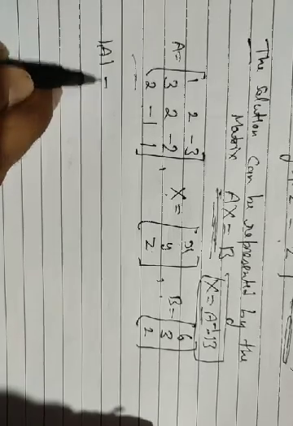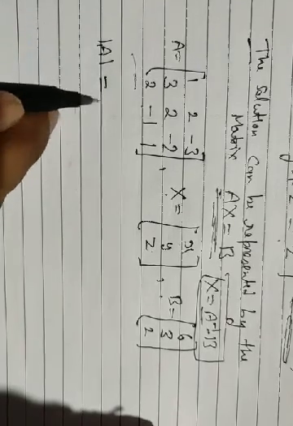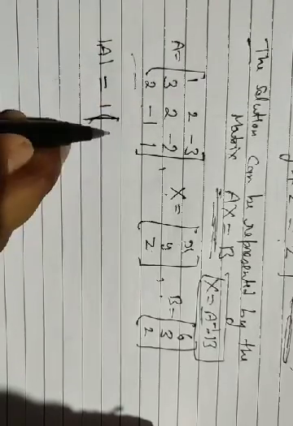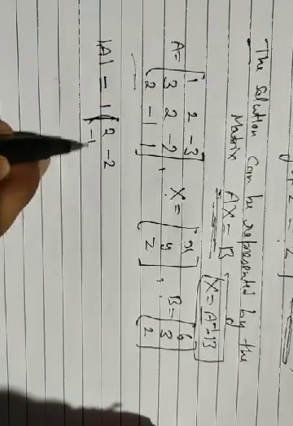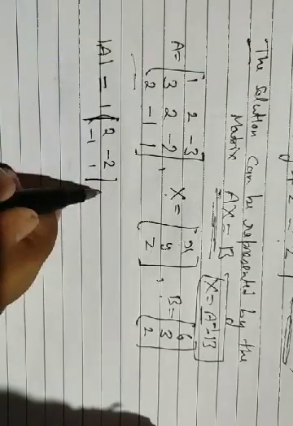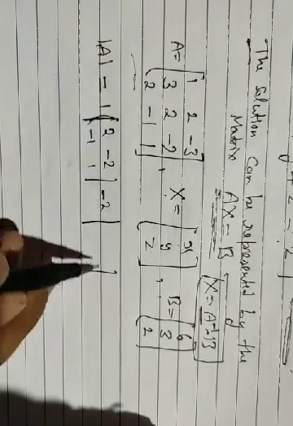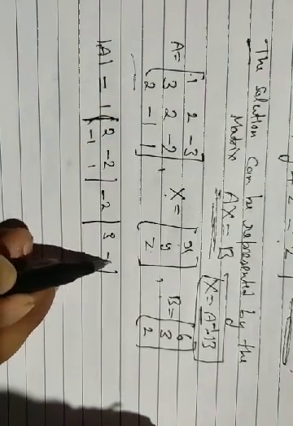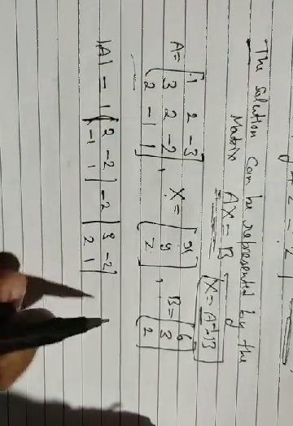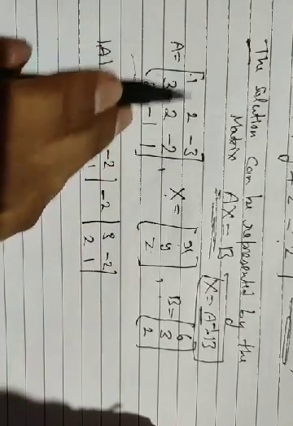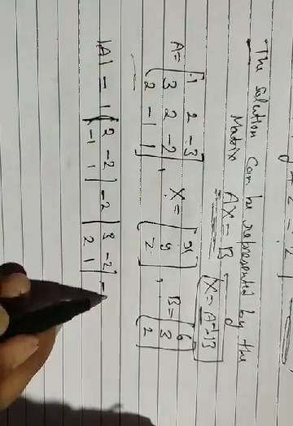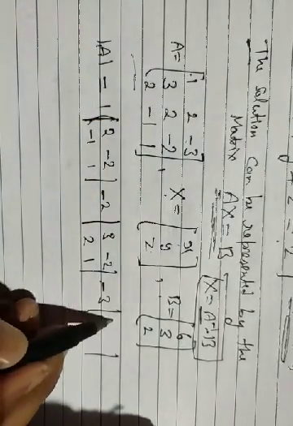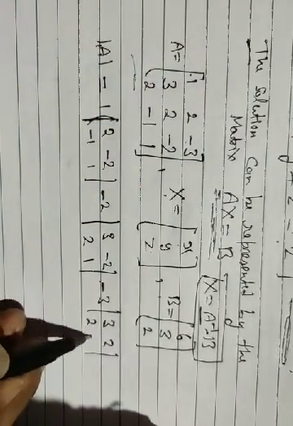What is the determinant of A? It is given by 1 times the determinant of 2, minus 2, minus 1, 1, then minus 2 times the determinant of 3, minus 2, 2, 1, then plus minus plus, but it is minus 3, so it is negative, minus 3 times the determinant of, removing the row and column, 3, 2, 2, minus 1.